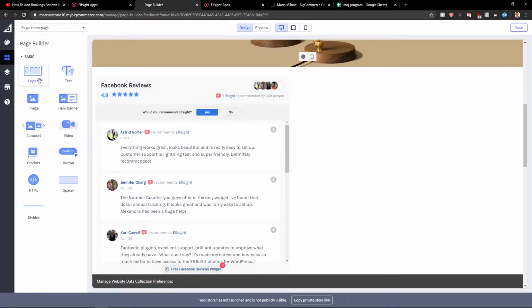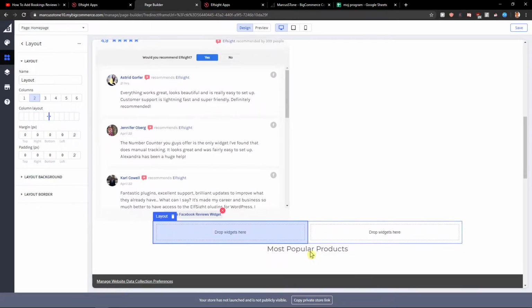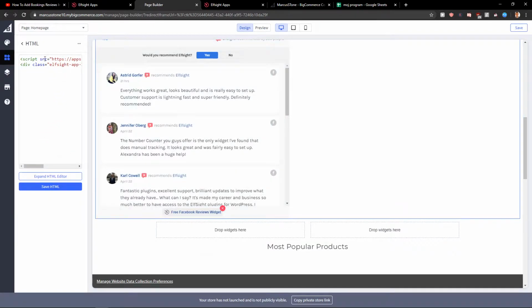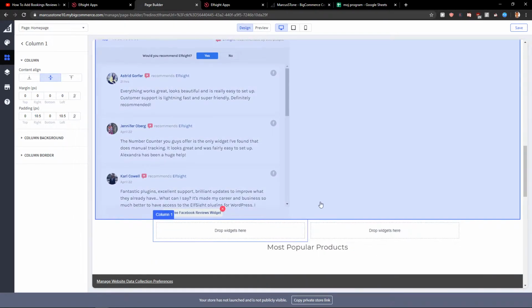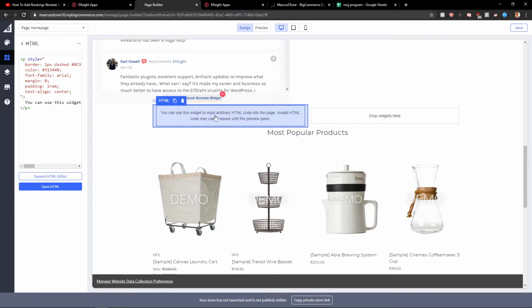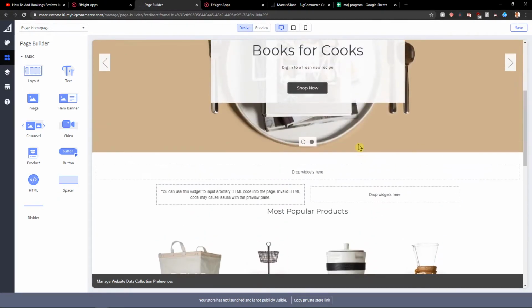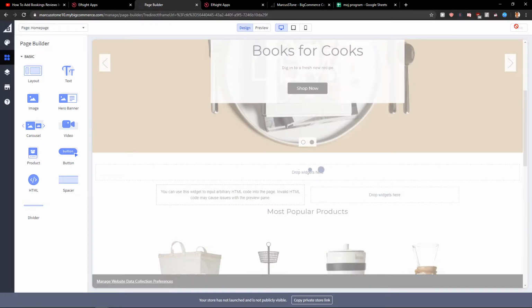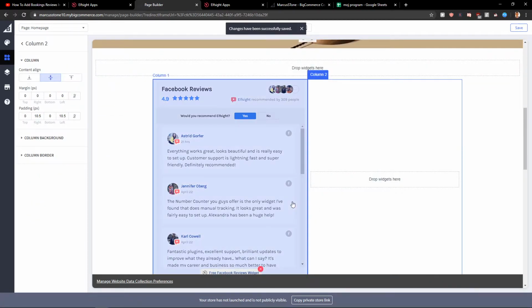Perfect. What you can do is this. If you see that it's on the left side, you want to add a layout. Now, duplicate. This is not what I wanted. So let's just add HTML here. Save HTML. Let's delete this one here. Okay. Let's click save. And let's see how it looks if we have it in the middle. But I think I need to play around with it. Yes, it's not in the middle because we need to